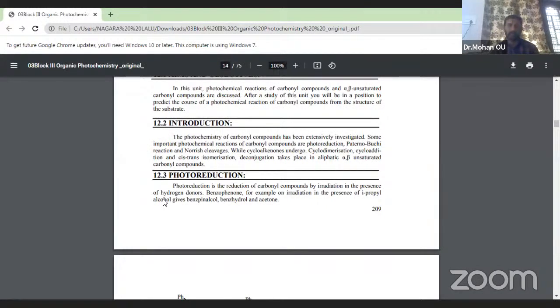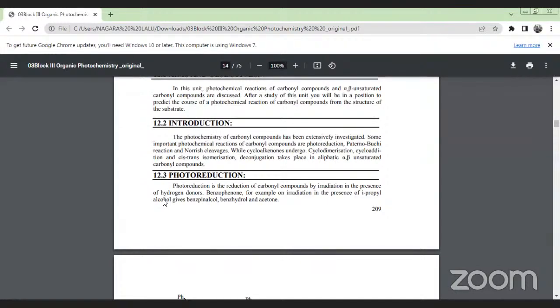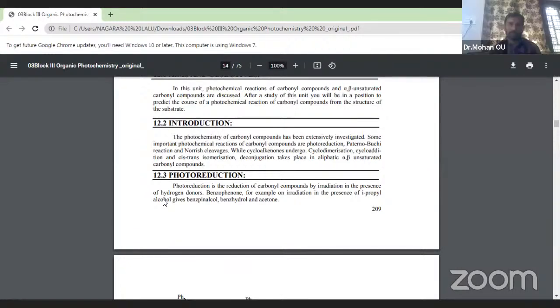Generally, in carbonyl compounds, the intersystem crossing efficiency is high, isn't it? Because the energy of